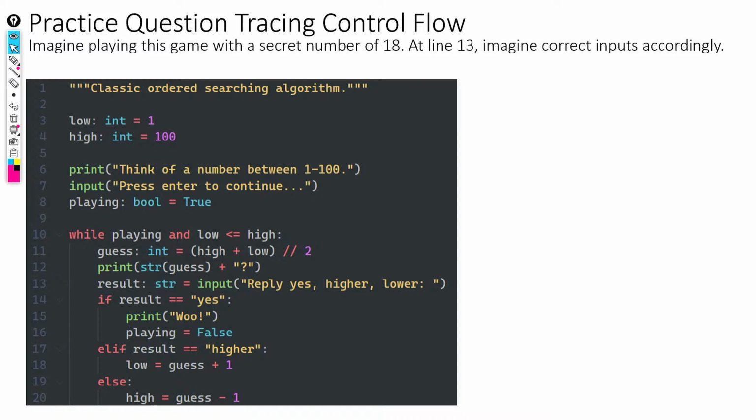This is a program that's attempting to guess the number you're thinking of. So if you wrote this program, you could think of a number, and the computer would try and guess at it. For the purposes of tracing through this together in an environment diagram, we're going to assume that our secret number is 18. And then I'm also going to ask you on line 13, when the computer asks, was my guess too high or too low, or was it correct, that you'll respond correctly there. So when the first guess is 50 and our secret number is 18, you would assume that the string on line 13 is going to be lower, right?